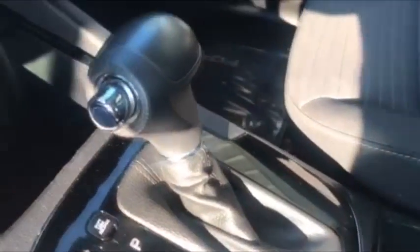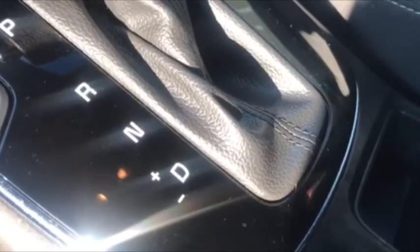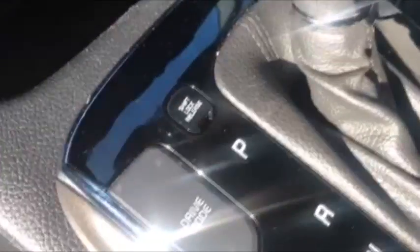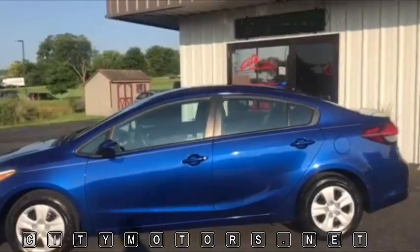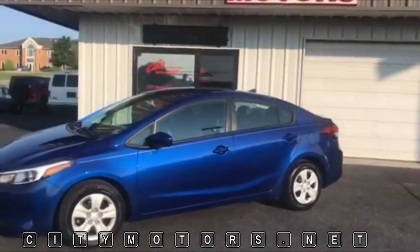Of course, this one is the automatic with the Tiptronic feature, allowing you to shift up and down manual if you'd like to. You have a drive mode, which is going to go into the eco mode or the sport mode. And you have your oversized center console there. Now, the eco mode is pretty nice. It's going to let you maximize your fuel economy,